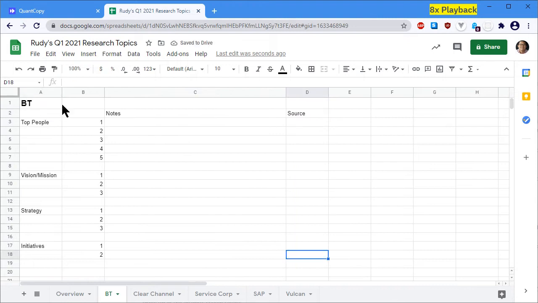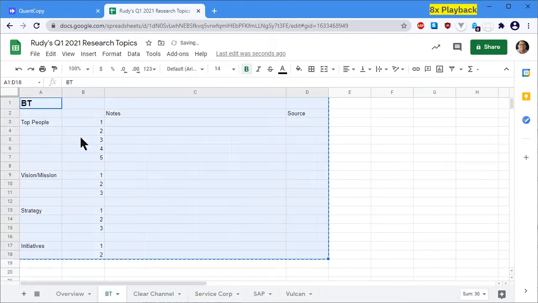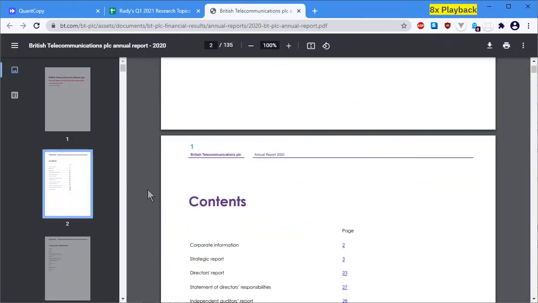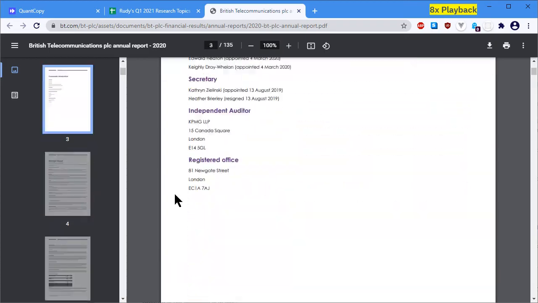And as you can see here, the first thing I'm doing is really just mapping out what I want to know and putting it in a spreadsheet like a framework. I'm focusing on BT, which is the first company in my list. I'm simply looking at the website, trying to find the annual report,